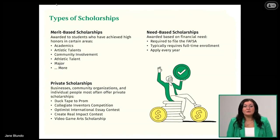They might require a student to continue playing a certain sport while in college. Or an academic scholarship, they might expect a certain GPA to be maintained. And then the amount awarded for every scholarship is going to range depending on its source. So a college or a university may be able to offer a large annual scholarship, let's say $15,000 a year. But a smaller private organization, maybe a local community organization, may offer a smaller scholarship, maybe $500, but